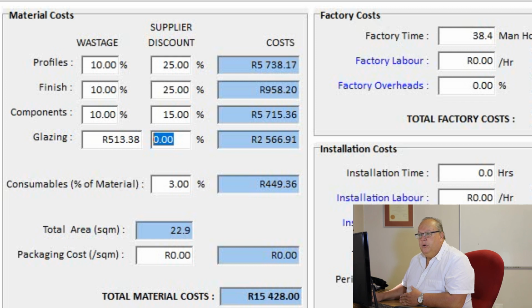Then let's have a look. We can also specify wastage. So we have a wastage percentage for the profiles. We have a wastage percentage for the finish, for the components. And then you'll see that the glass doesn't have a percentage wastage, it has a rand value wastage as the